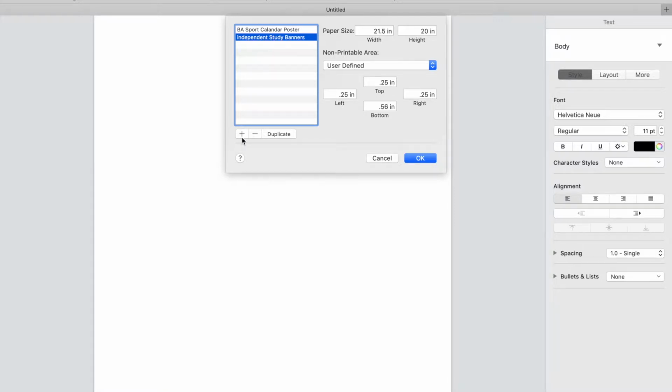You can add your own dimensions. If I click on Add, I'll have an untitled one, and I can actually title that. Maybe I want to do a BA bulletin board, and maybe that BA bulletin board is 25 for the width,